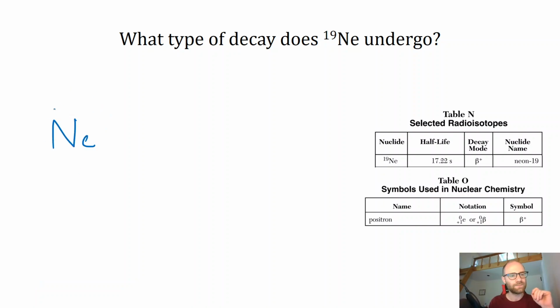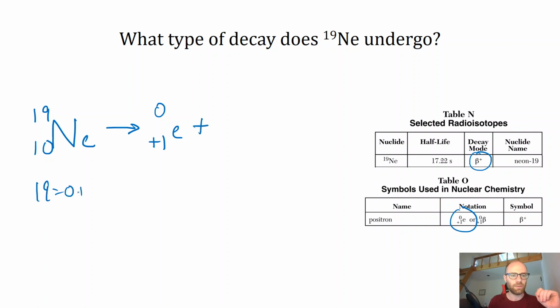Neon-19, atomic number 10. They're saying here on table N that it undergoes positron decay. And you can show the e or the beta, either one's fine. So 19 equals 0 plus x, 10 equals 1 plus y, y equals 9, x equals 19. So 19, 9,